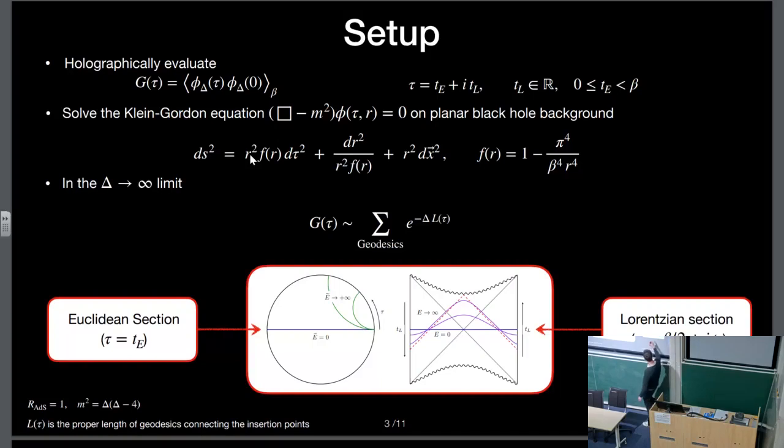On the other hand, I can look at specific values of tau as beta over 2 plus i tau L, which is exactly the double-sided correlator. And then I find the real geodesic, which connects these 2 points and probes the interior of the black hole. And as I said before, if I increase the energy here, which now I increase in the imaginary direction, so the energy in this case is imaginary compared to the value for the Euclidean section,